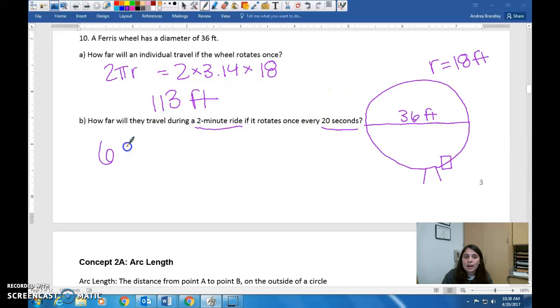And we already found from part A that it travels 113 feet each time. So 6 times 113, it's going to travel a total of 678